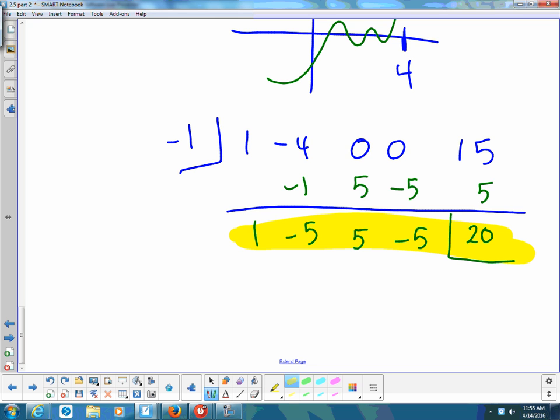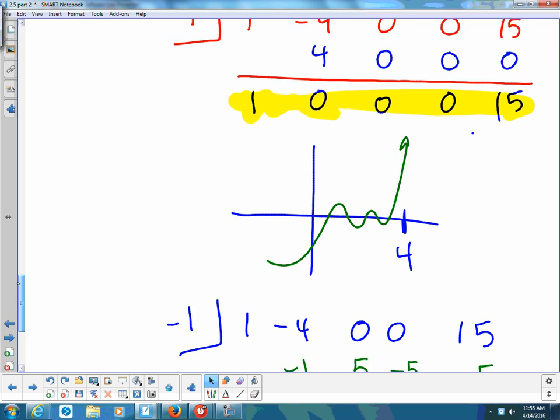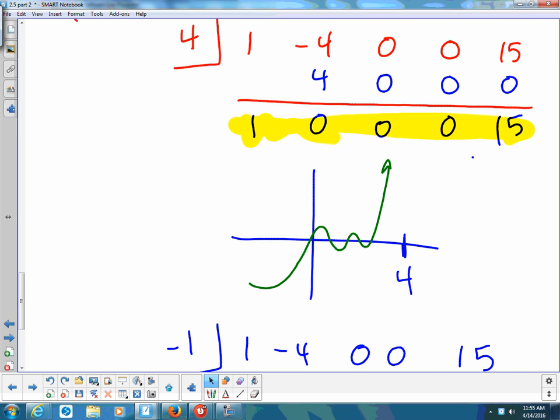What are they doing as we go from left to right? They're alternating. They're going positive, negative, right? Positive, negative, positive, negative, positive. That guarantees that, I go back to my graph, that this graph might be zipping along,